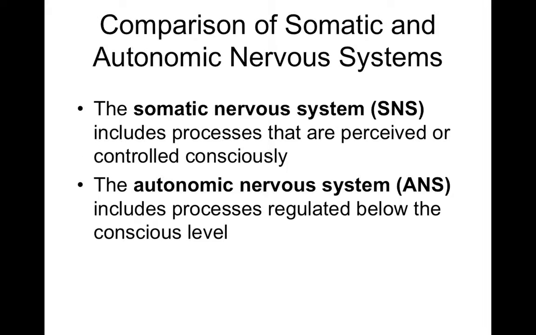So the autonomic nervous system is one that is regulated at an unconscious level. So we say that it's subconscious. The autonomic nervous system is also called the automatic or visceral nervous system because it automatically controls your visceral organs. Like your internal organs are controlled by your autonomic nervous system in a very automatic way.